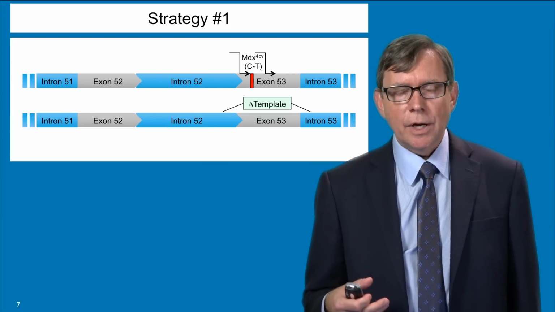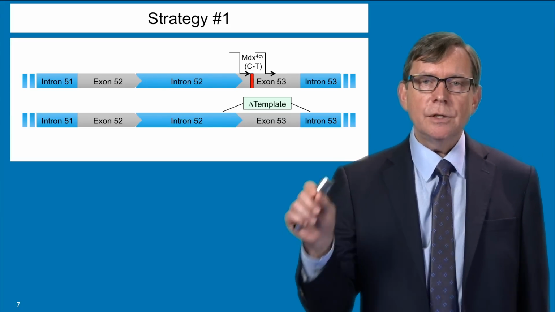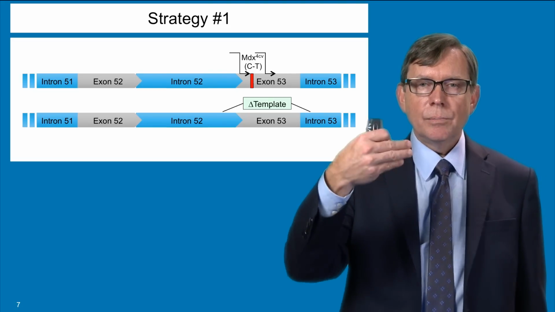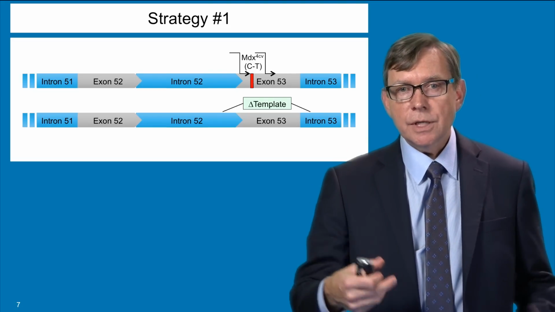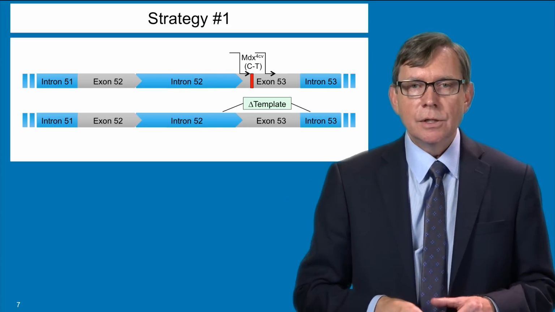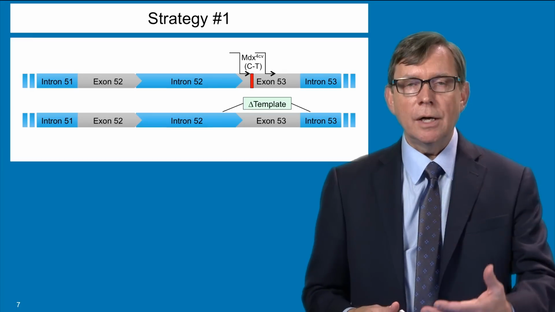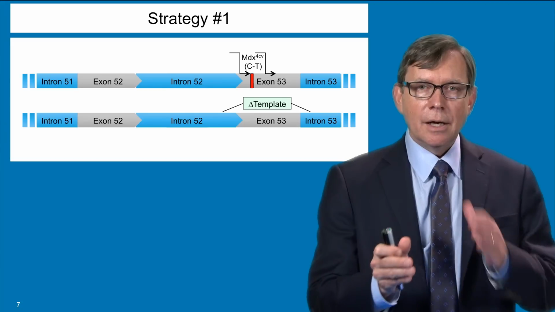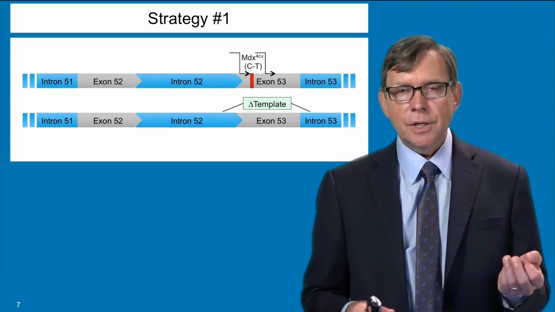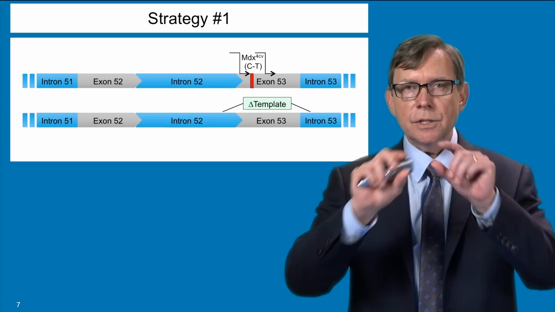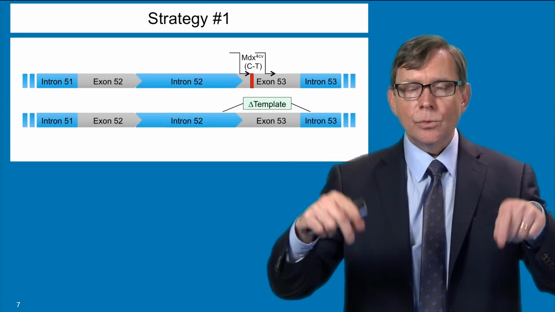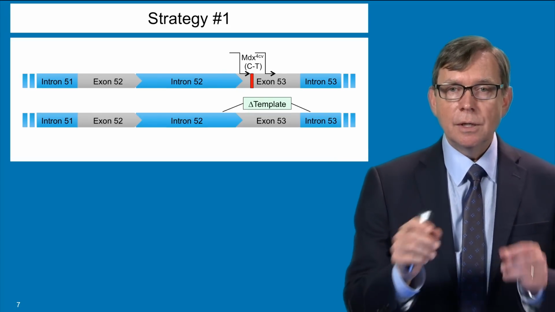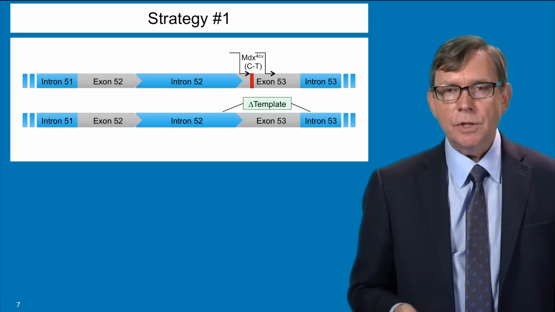And a couple of the strategies, the first one we've shown here is we designed two guide RNAs that are on either side of that mutation. We've also brought in on one of our AAV vectors a normal template which corresponds to the normal sequence in wild type or normal mice. And the idea here is that we can clip the gene on either side of the mutation and a couple of things can happen. One thing that could happen is that the normal piece of DNA that we brought in can recombine into that gene and replace the mutant gene with this normal template, fixing the mutation.